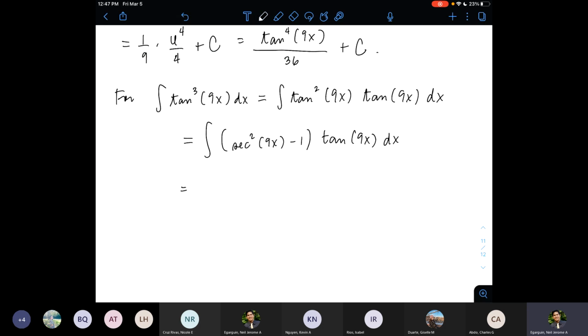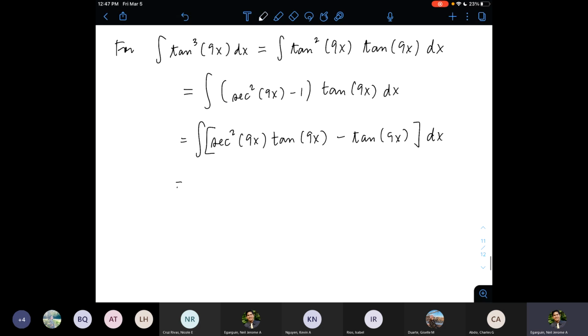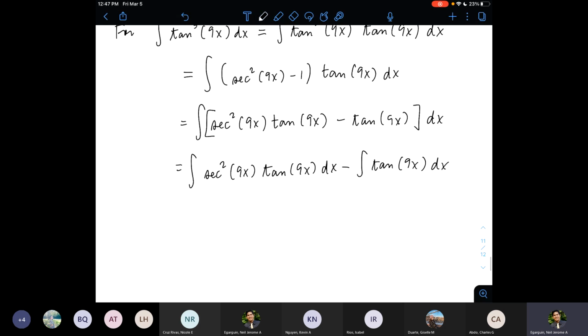This guy will become the integral of secant squared 9x tangent 9x minus tangent of 9x dx. Then I can split this up into two integrals. So I'll have a secant squared 9x here, a tangent 9x here, dx, minus the integral of tangent 9x dx. Okay, and for the first integral,